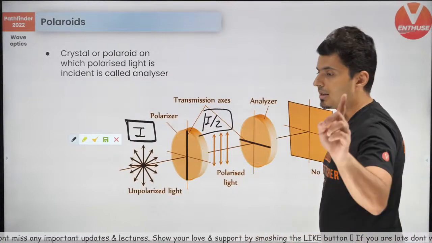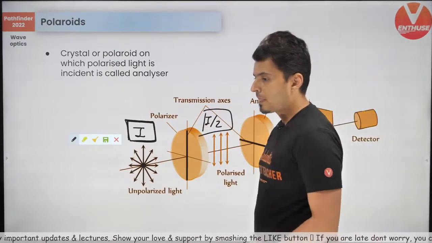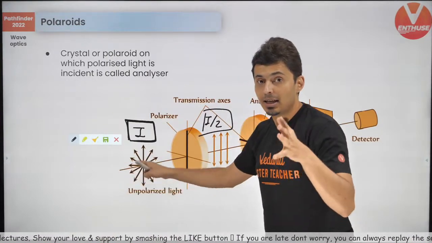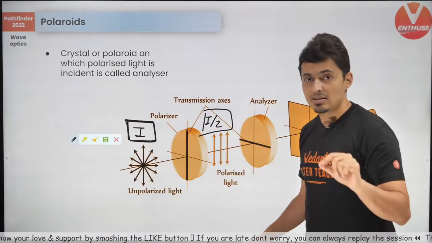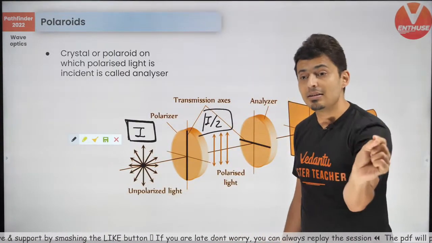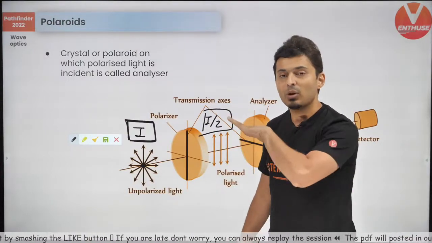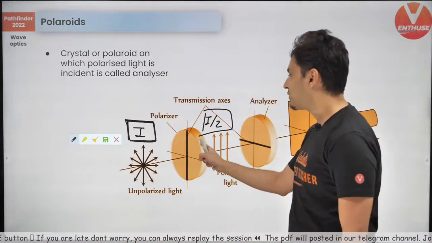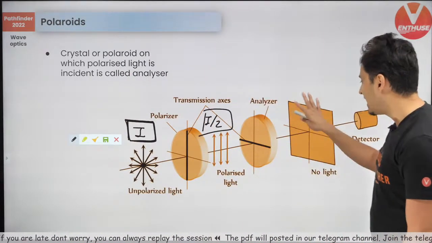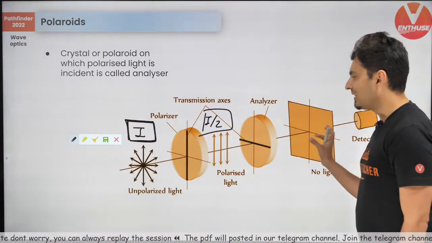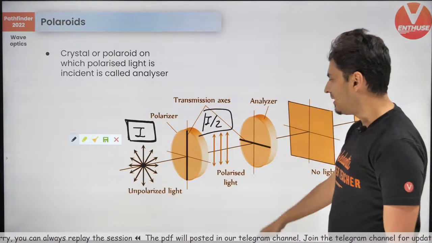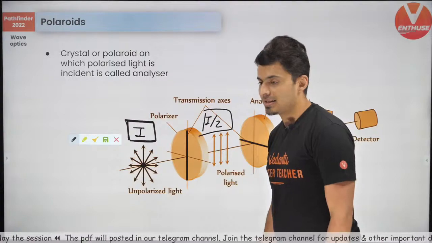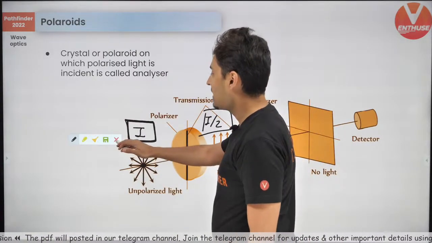Very, very important formula that you must know. So when unpolarized light comes out of the polarizer, it becomes polarized and the intensity becomes exactly half, because half of the components are just gone away. Okay, so that's very, very important. You can analyze which one is there on the other side. This is called an analyzer, but we'll see that later on. Yes, this is in wave optics.